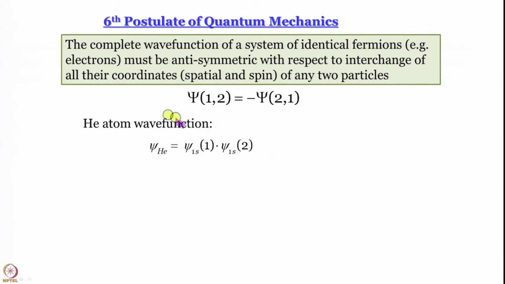This is also called, by the way, the Pauli principle. Ring a bell? Remember something? Well, it does not say Pauli exclusion principle. I did not say Pauli exclusion principle. I said Pauli principle. The Pauli principle is that for fermions the total wave function including the spin part has to be antisymmetric with respect to exchange. As we will see, our familiar Pauli exclusion principle is going to follow from here. Okay. But until now what we have stated, the sixth postulate, it is really the Pauli principle.